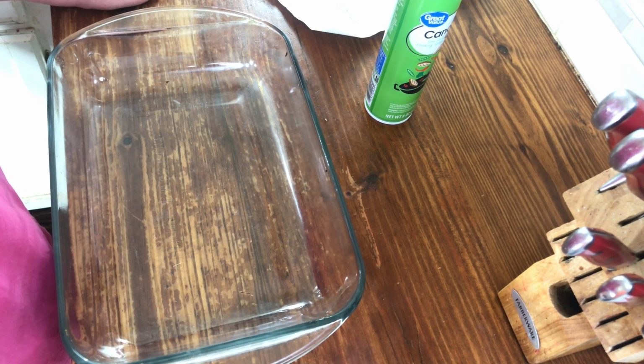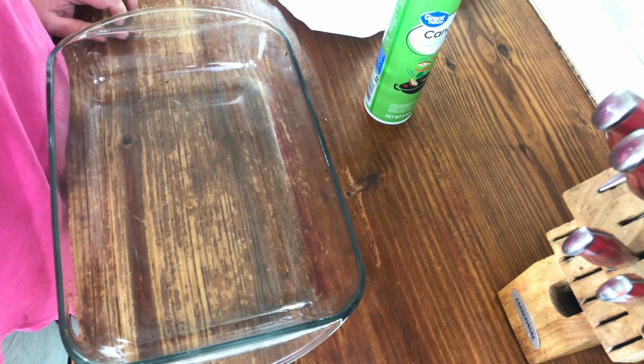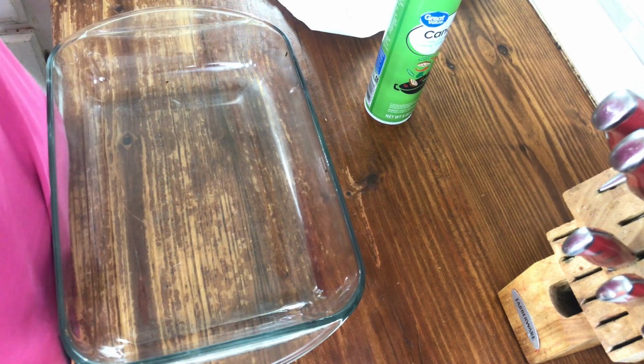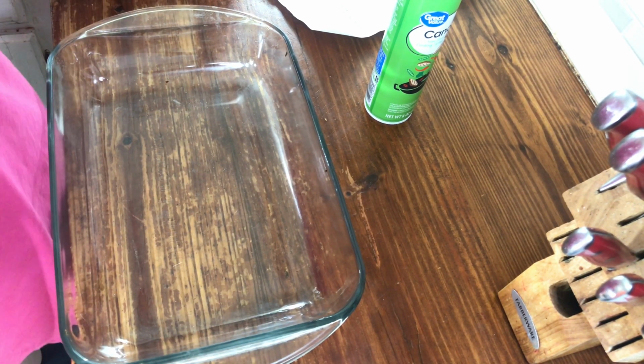Now, as you've seen in my previous recipes that have anything to do with corned beef, we cannot find corned beef at the stores in my town. So because of that, we have to use canned, and usually once you use them in whatever it is, you can't really tell the